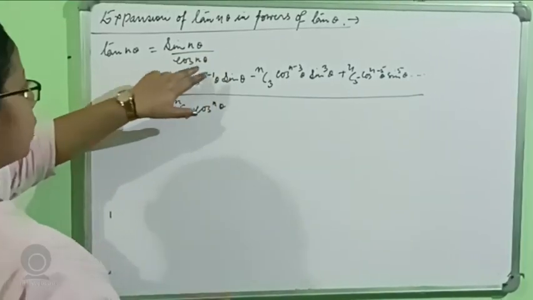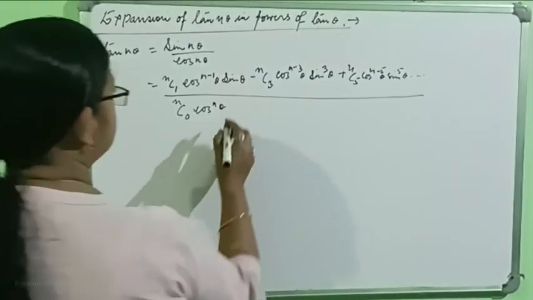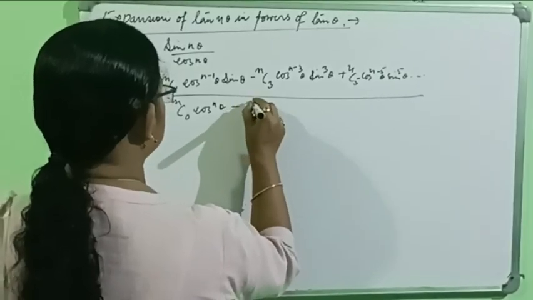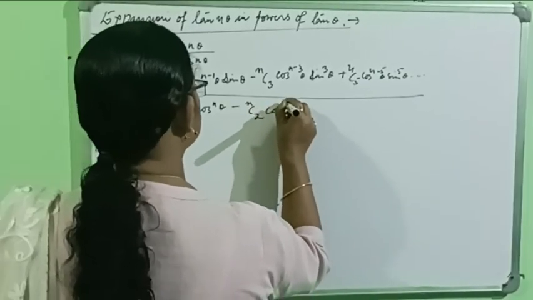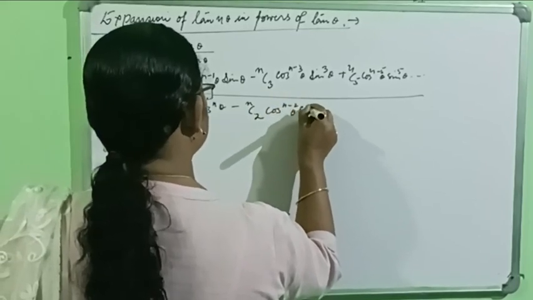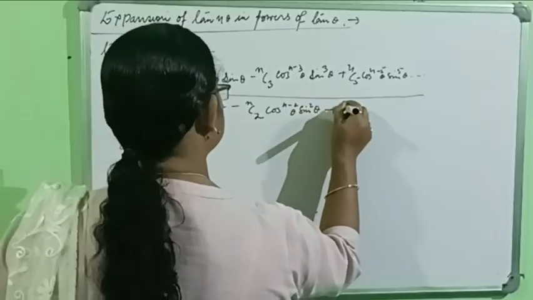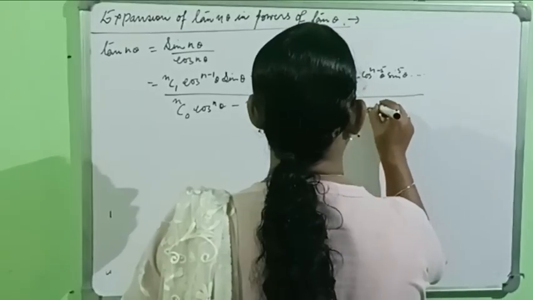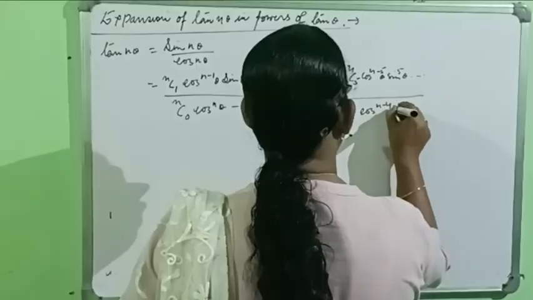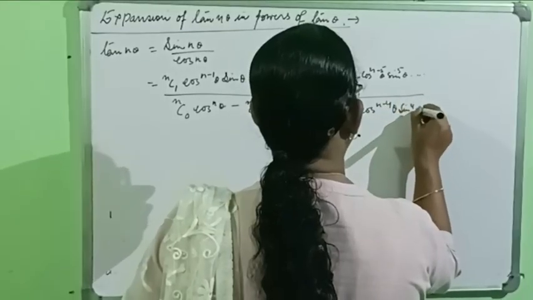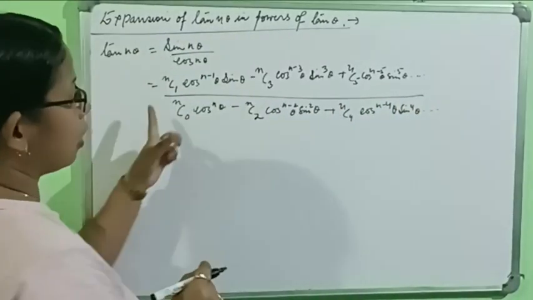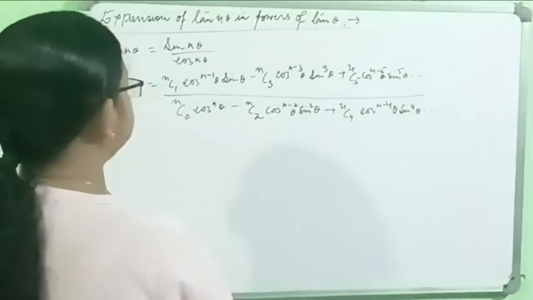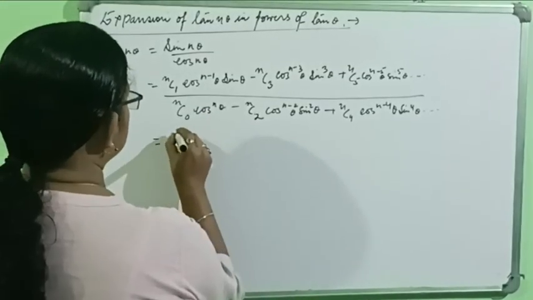The series for cos n theta in powers of cos theta and sin theta is this one: nC0 cos^n theta minus nC2 cos^(n-2) theta sin^2 theta plus nC4 cos^(n-4) theta sin^4 theta. Now divide the numerator and denominator by cos^n theta, and we will get